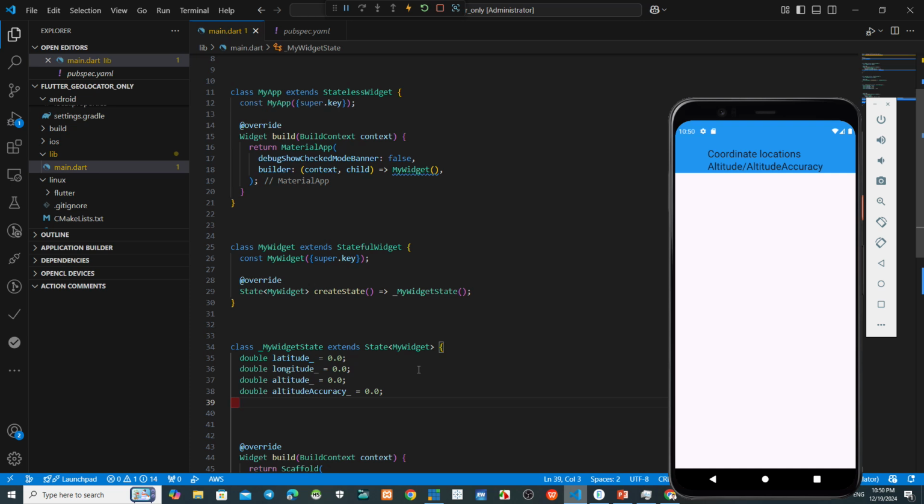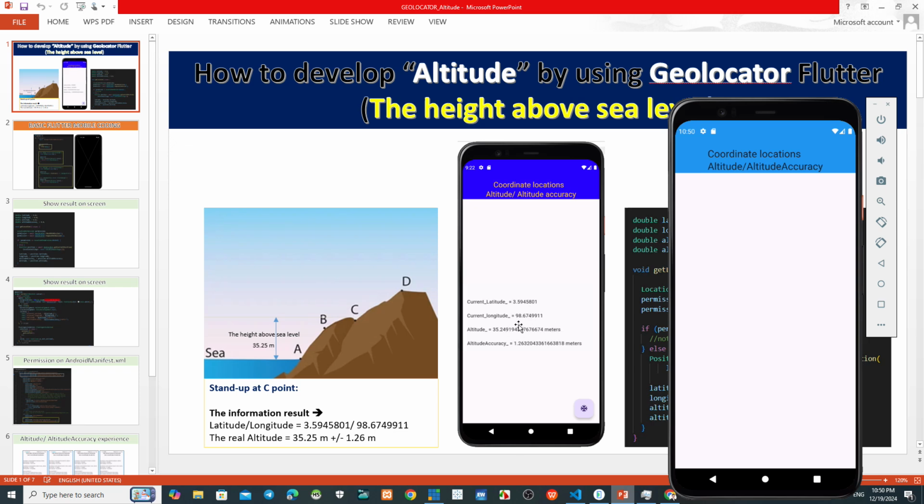Okay, now we have 4 parameters here about latitude, longitude, altitude, accuracy, like this one.